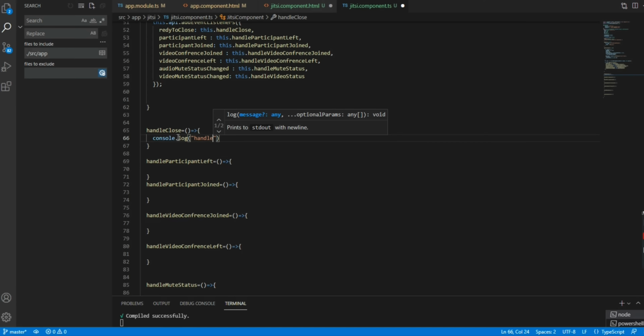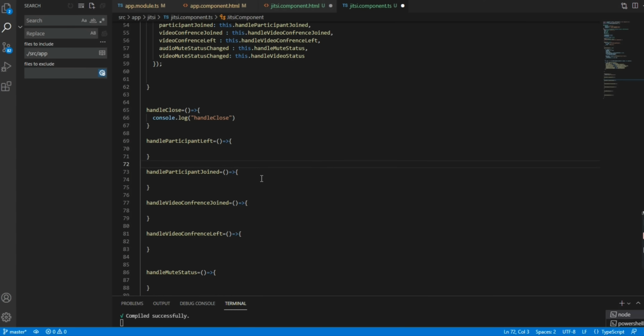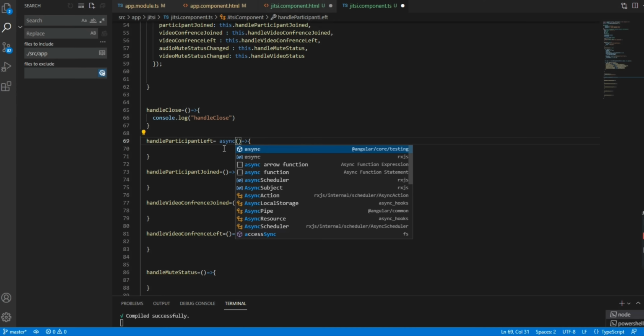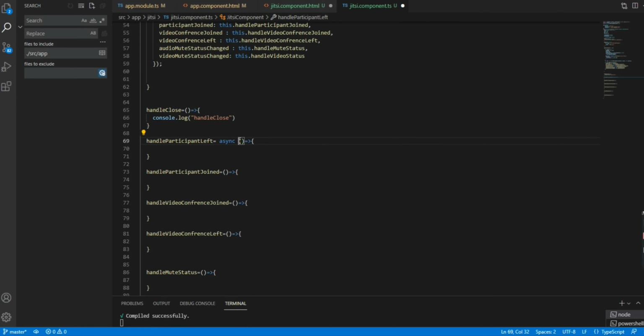So we got all the event handlers. Right now we need to mention some. Anyway, for the closing we don't need anything, so I'm just writing a console log, that's it. Now for participant left, we need to write an async here.